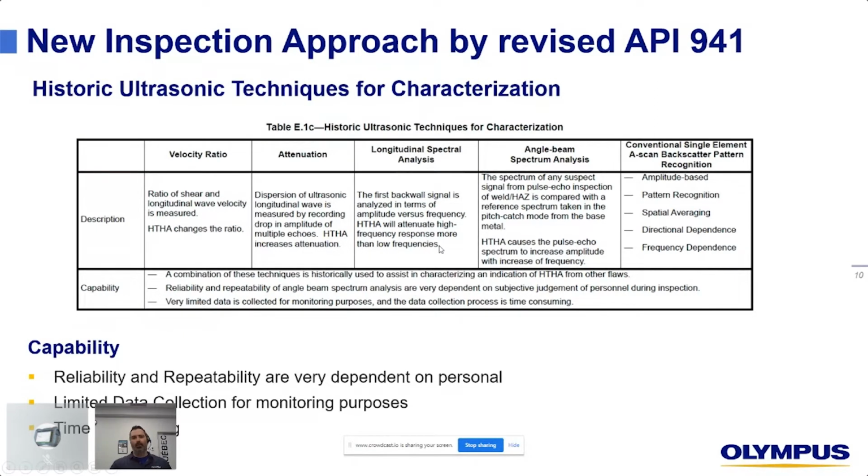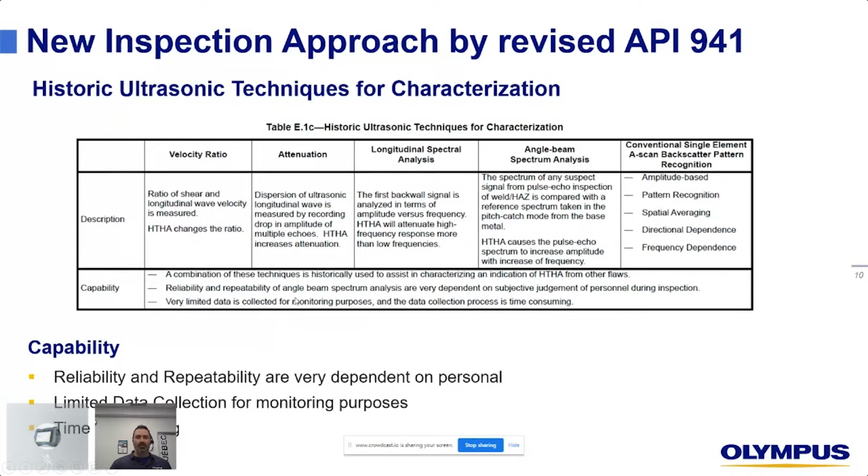By monitoring the frequency spectrum of the signal that is inside the material, whether it's L wave or shear wave, you can also detect the presence of HTHA. Then finally, conventional single element A-scan backscatter pattern recognition: amplitude-based pattern recognition, spatial averaging, directional dependence, frequency dependence. Sorry, I'm not very familiar with this one.